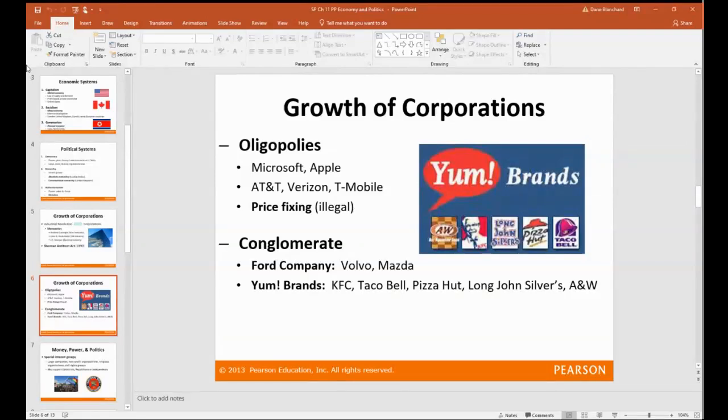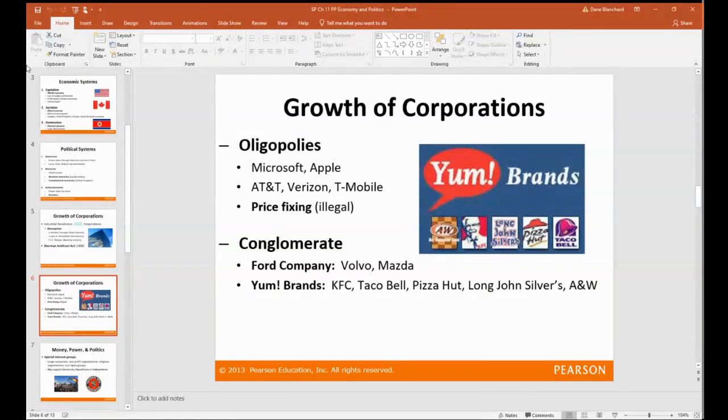Now, whenever it becomes a social problem or an issue, is whenever these oligopolies start working together, and if they're involved in what's known as price fixing, that's actually going to be illegal. And price fixing is whenever these companies work together to bring the price down so low that they'll drive out the little people, the smaller companies, where they just can't compete. And then at the same time, they start to bring up their prices together in order to maximize profits. This is called price fixing, and it goes against the free market system, and it is illegal.